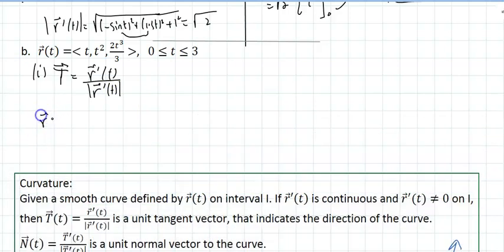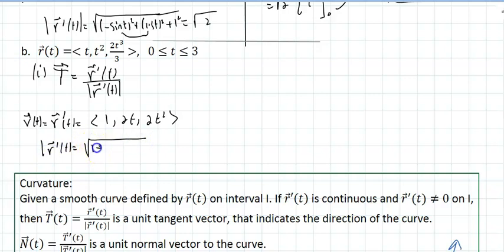Well, let's see. What's R prime? Again, keep in mind what R prime is. I want to point this out as we move on all throughout this course. That is 1, 2t, and 2t squared. Is that right? Yeah. And the magnitude of R prime of t is